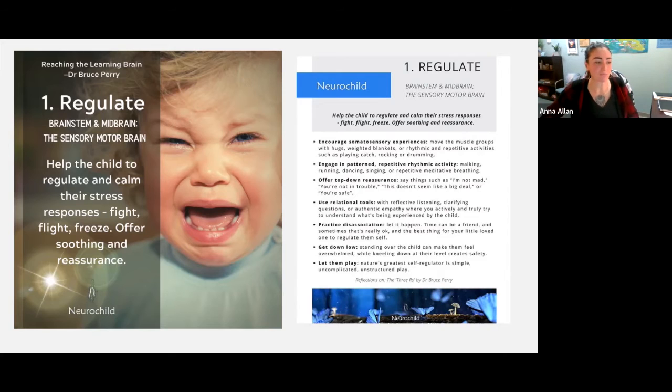So I'm just mindful of that. This is a huge one: practice disassociation. At the end of the day, and it can be really hard for us to do, I know that I really struggle with allowing my 4.5-year-old to go off and have his little meltdown. But one of the biggest tools that you have in your regulation toolbox is let it happen. If your child or your youth is having a stress response meltdown, sometimes the best thing to do